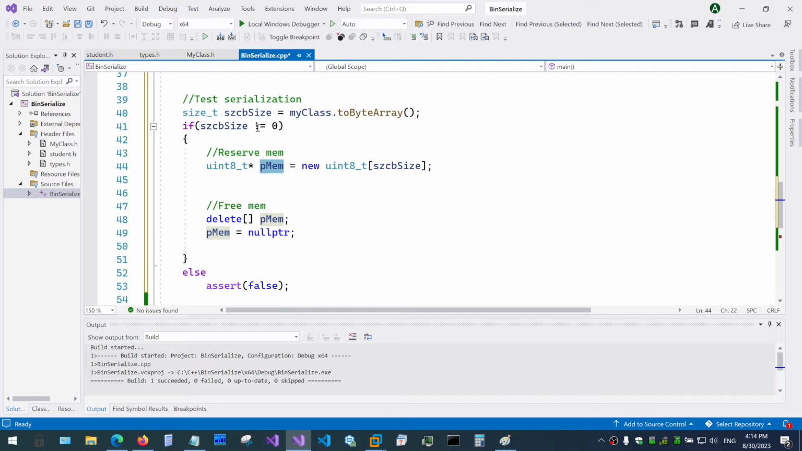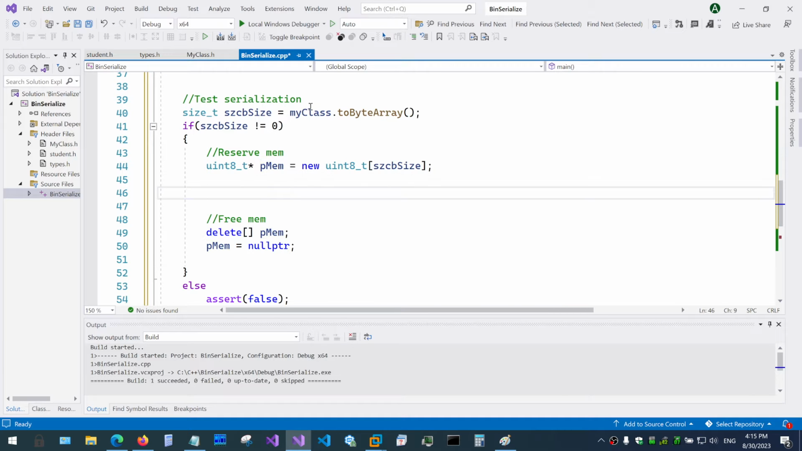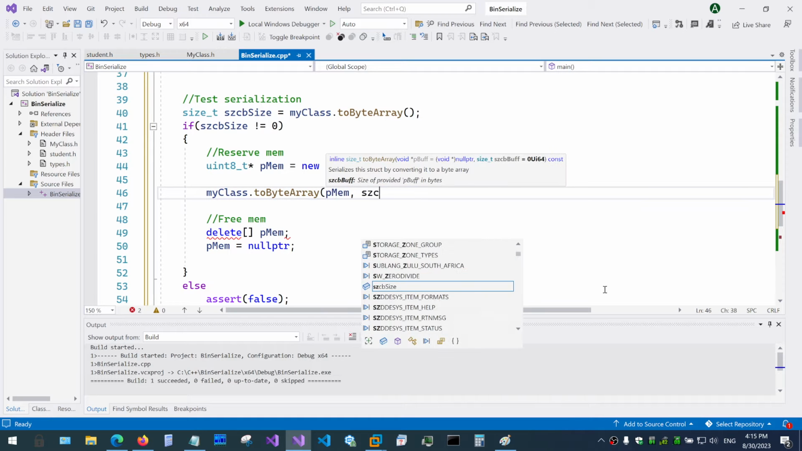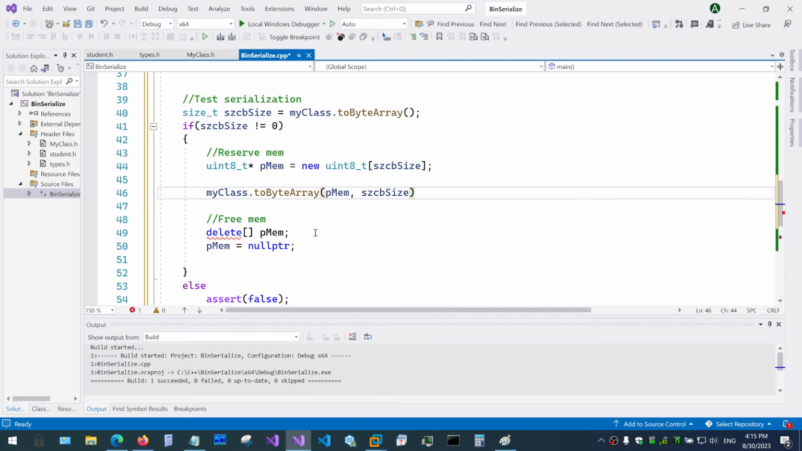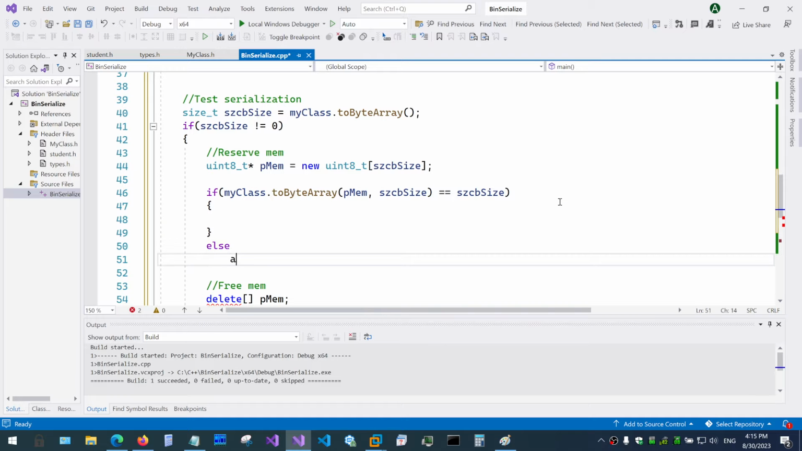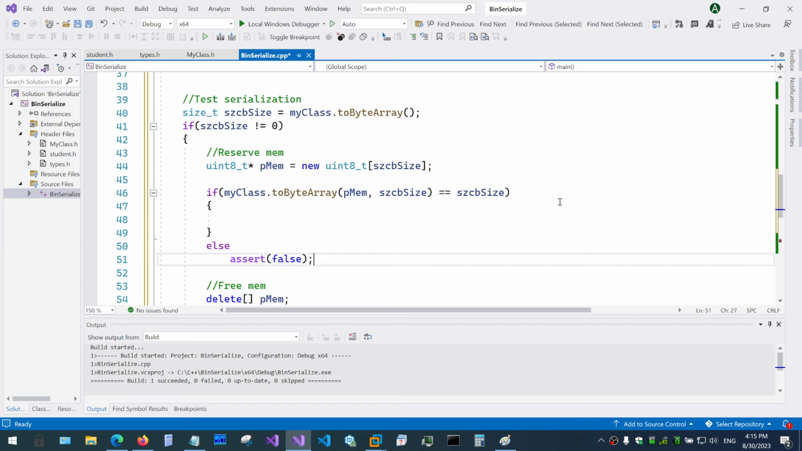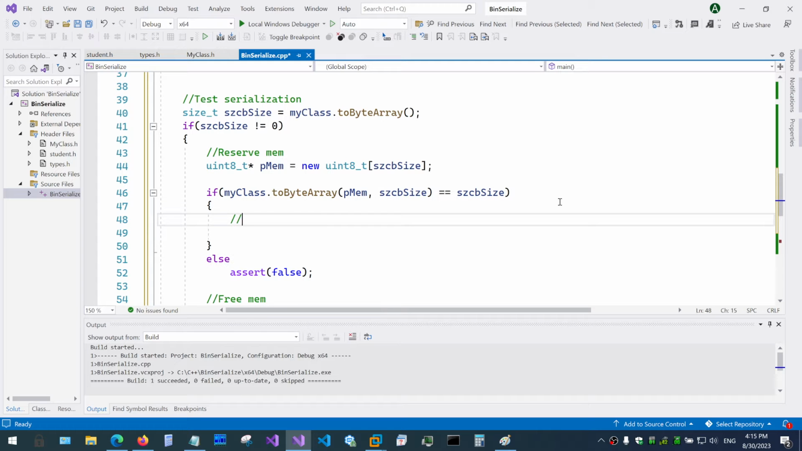So over here we allocated enough memory, and then what we need to do is actually call our class again and call toByteArray, but in this case we need to pass it a memory and a size, and if you remember, on the return it should return us the exact same size as we passed into it. If it doesn't, we have a problem, and if it does, it means that we have serialized our